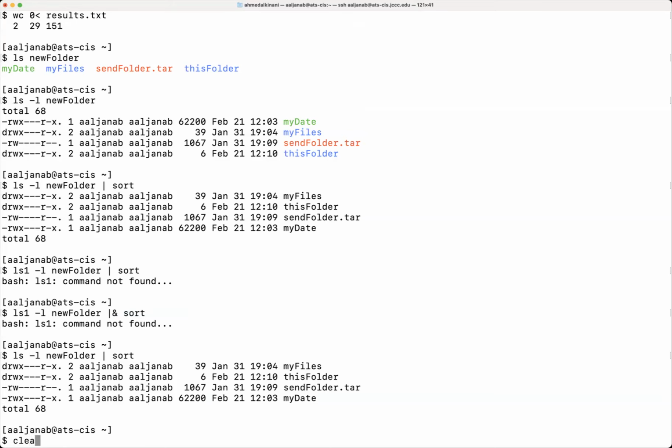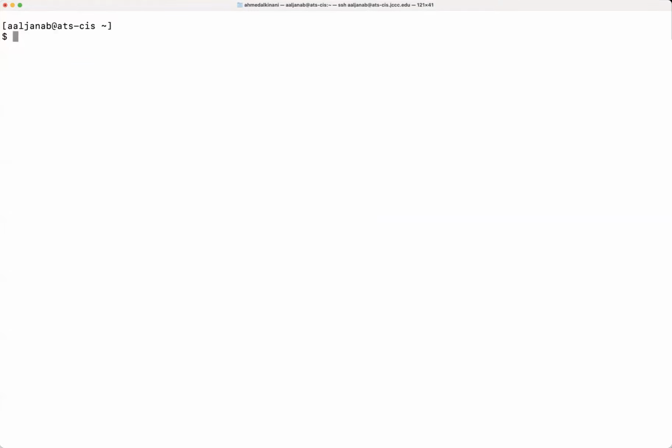Okay, now let's move on and let's talk about something else. How do we do redirecting for outputs in scripts? We're going to learn how we do redirecting for outputs, how we do redirection for inputs, and how we do redirection for errors in scripts. So we're going to see how we utilize all these features in a script. Okay, so one by one, let's go ahead and cover those.